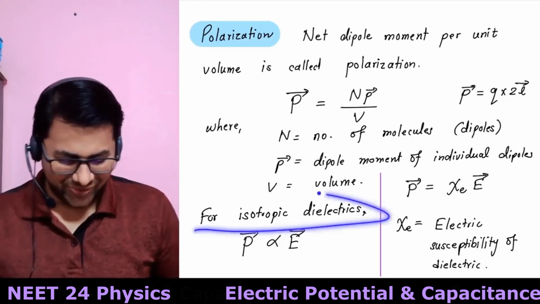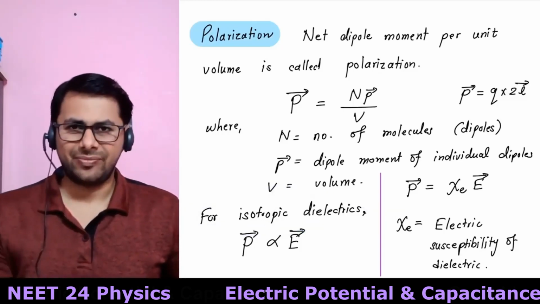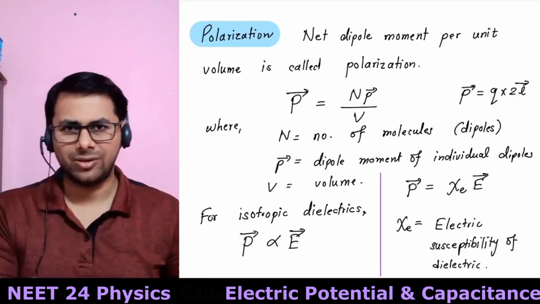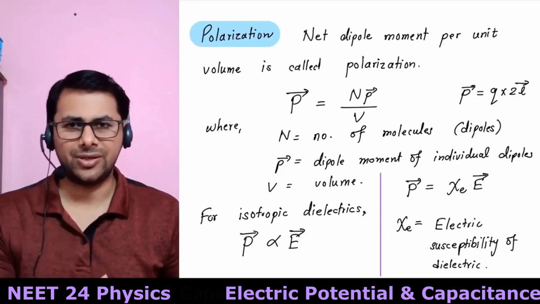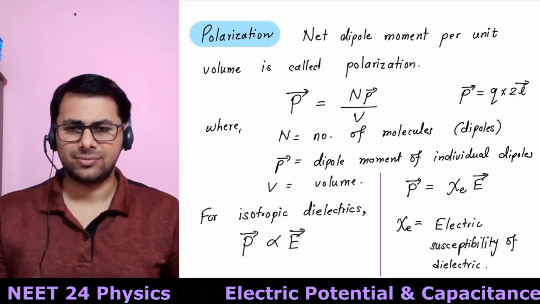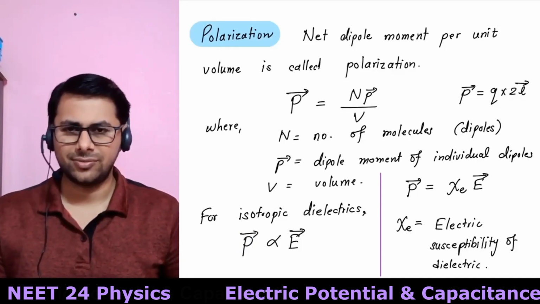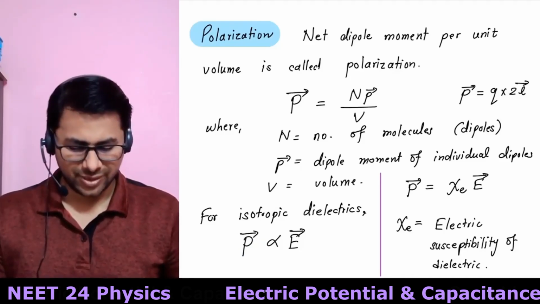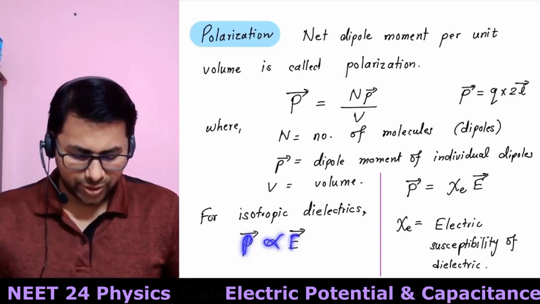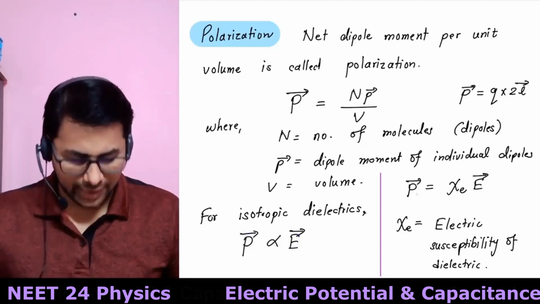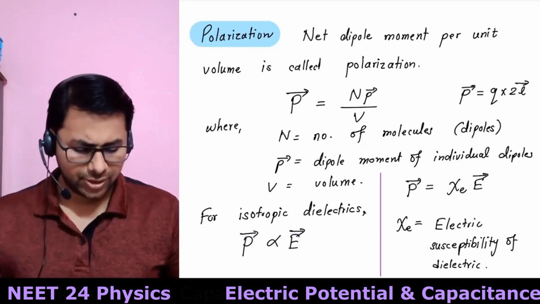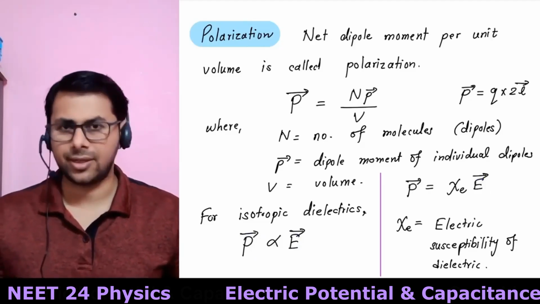So for a material, polarization happens because of the electric field, right? So the more the electric field, the more will be the polarization. Yes, no? Okay, so p bar is directly proportional to what? The external electric field, and p bar can be written as some constant times the external electric field,